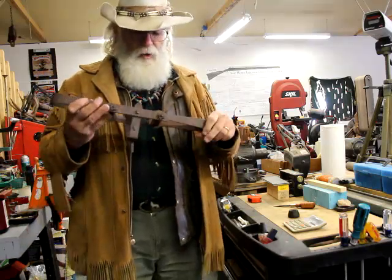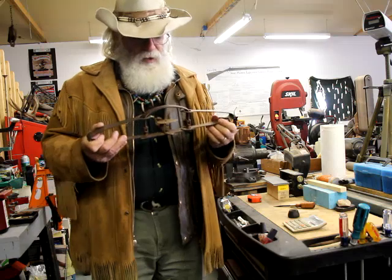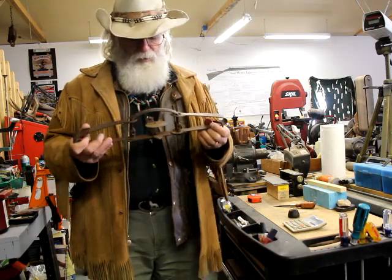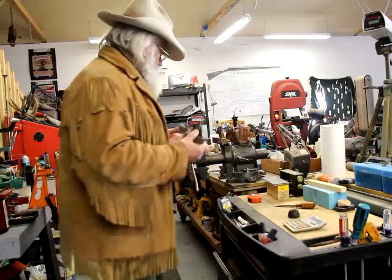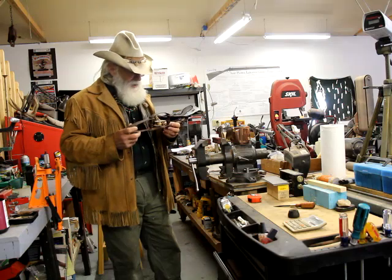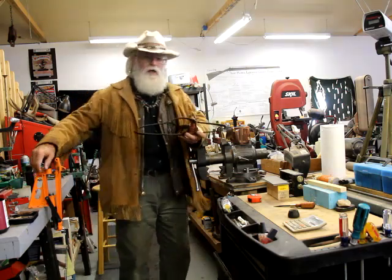It's kind of old, but rusty doesn't make it old. This one has a pan on it, and it's marked Hawley and Norton. It's a number 3, and it has Oneida Community. So I looked them up, and what I found is the Hawley Norton trap around the late 1800s,